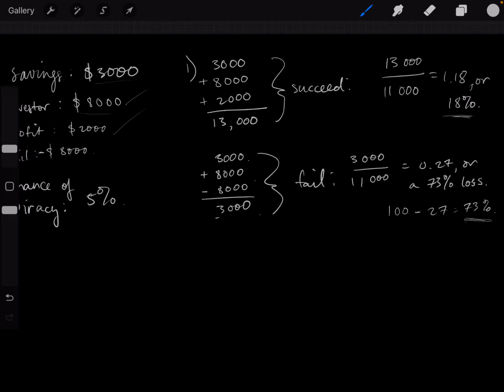And if I wanted to calculate the Bernoulli expected value of the growth rate, if I were to send out 100 ships as the merchant, then I would calculate that in a similar way to what I did last time, which was to do the growth rate of success, which is 1.18, raised to the power of 95, because 95 shipments out of 100 will succeed, won't be stolen by Jack. Then you multiply that by 0.27 from here, and that's the growth rate when Jack does steal something, and 5% chance of that. You raise it to the power of 1 over 100, because we're sending out 100 shipments, and that equals 1.098,